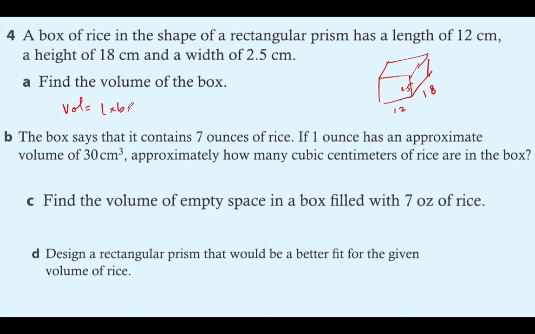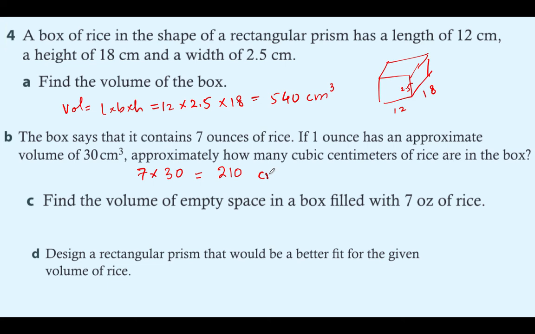So length into breadth into height, that is 12 into 2.5 into 18, so we get 540 cubic centimeters. Now the box says that it contains 7 ounces of rice. If 1 ounce has approximate volume of 30 centimeter cube, approximately how many cubic centimeters are in the box? So if 1 ounce has 30 centimeter cube, 7 ounces will be 7 times 30, which is 210 cubic